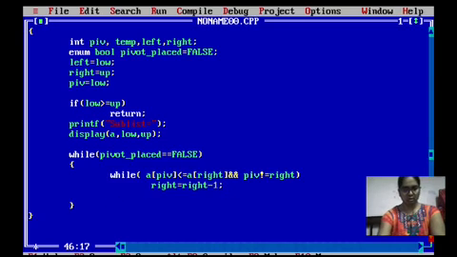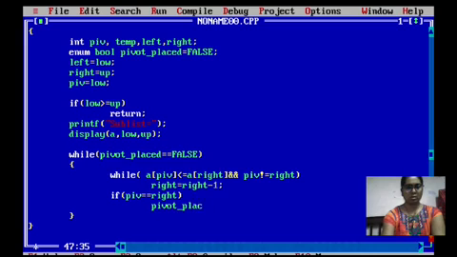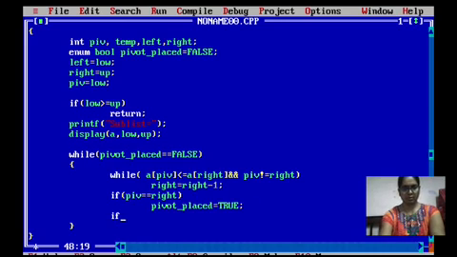Again if my p is exactly equal to the right, then I'm going to consider the pivot_placed, which is equal to true, and the semicolon. So if my a of p is greater than my a of right and close,